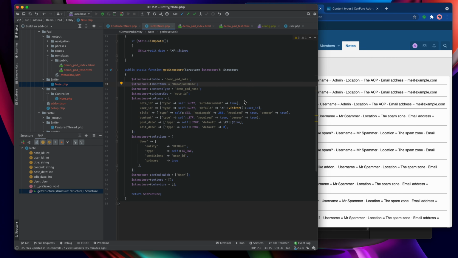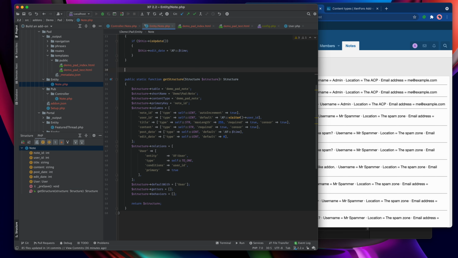The next thing I want to show you is the automatic verification validation process that you can employ for each of the fields that you're being given when data is submitted for the entity. I've been trying to think of a sensible thing to demo here, and what I've come up with is we've got a maximum length for the title field here, but it would be good to specify that it must be a minimum length too. And so to do that, we just need to bring up a new function.